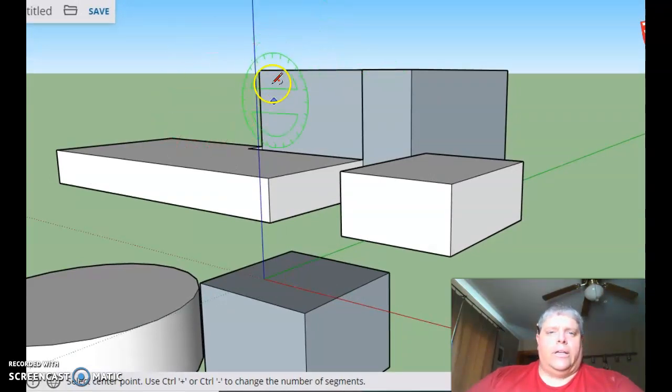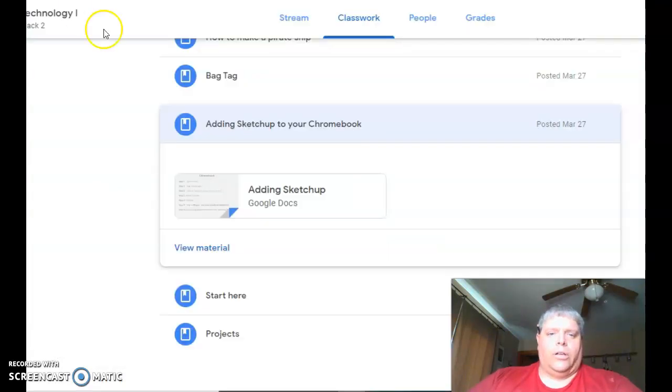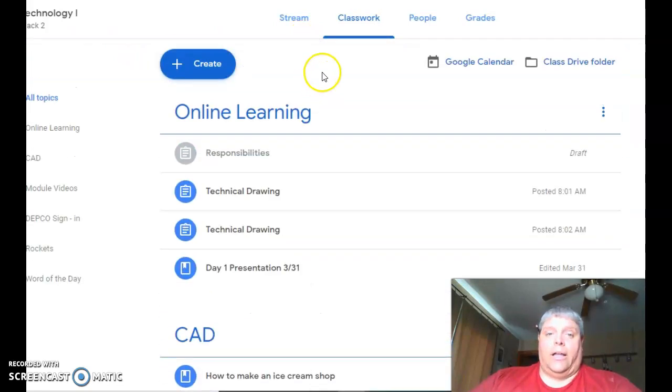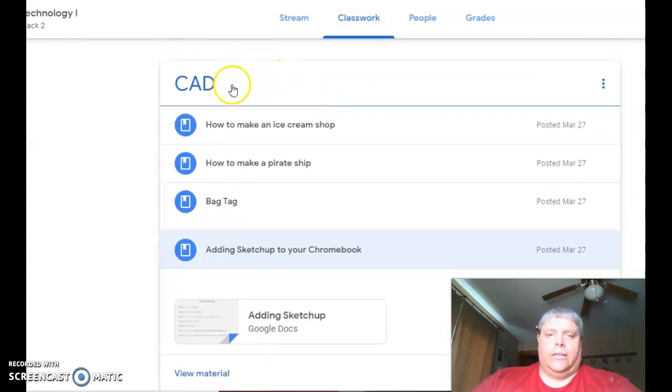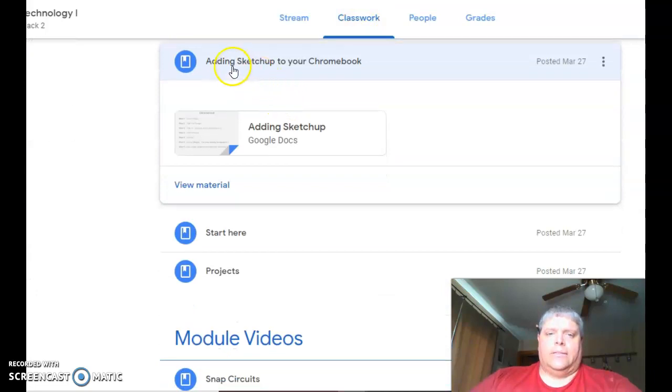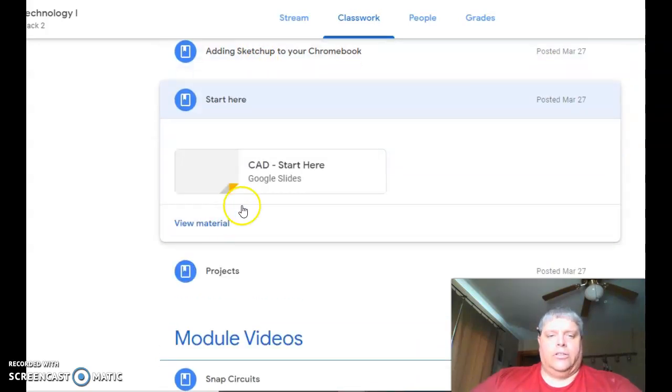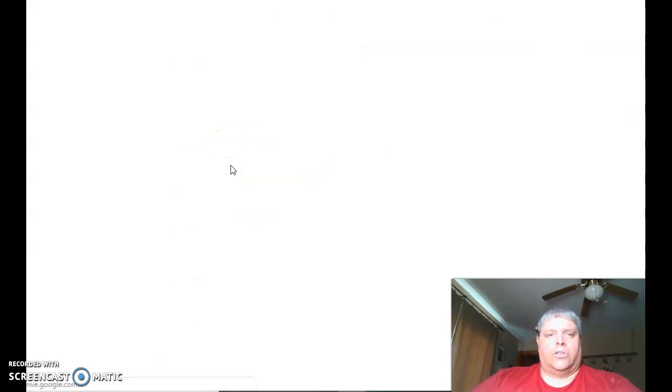Once you get everything set up and you've played and it's now time to actually start doing our work on the second day, day 2, you're going to come back into Classroom, Classwork, down to CAD. This time we're not going to go to adding SketchUp. We're going to go all the way down to where it says Start Here. You're going to click on Start Here, and there's going to be a Google slide. Open that Google slide,